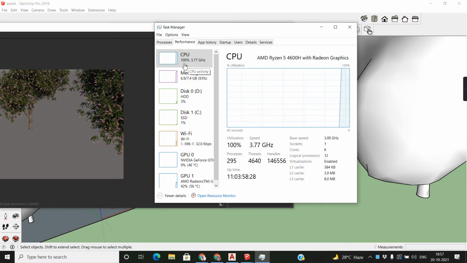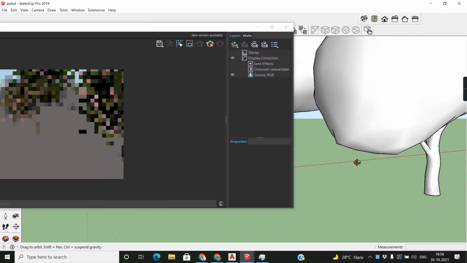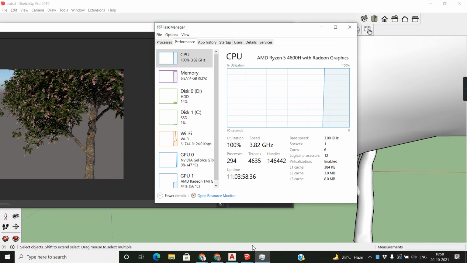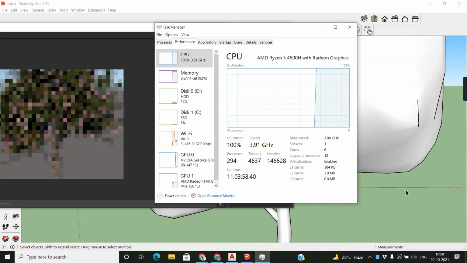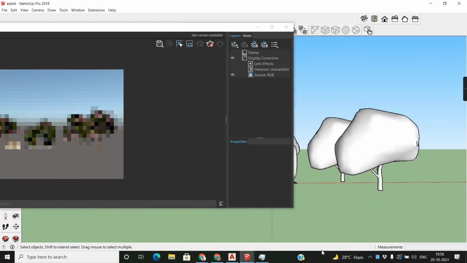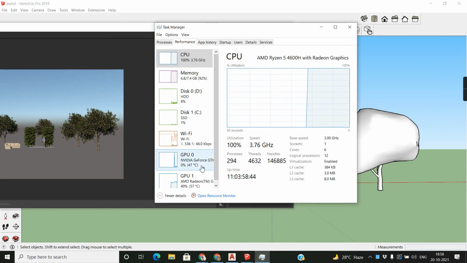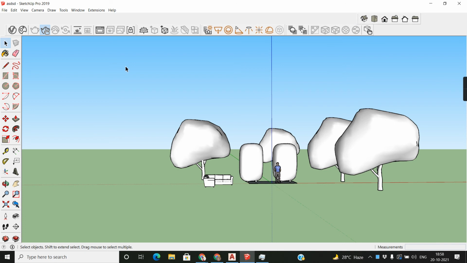See, CPU utilization is 100%, and in fact GPU, see, if I rotate, my GPU is also working. So it's related to your system and your graphics. So be aware and keep in touch.